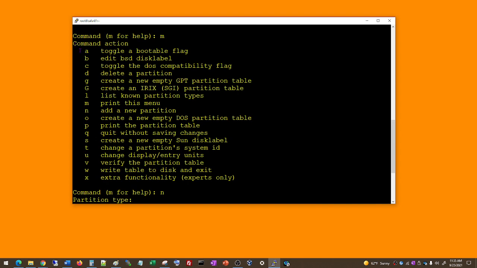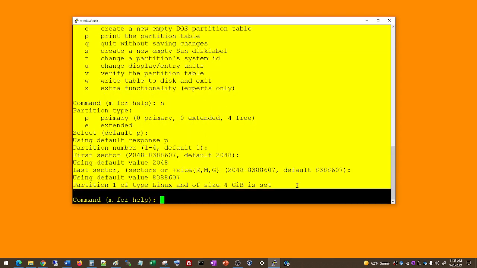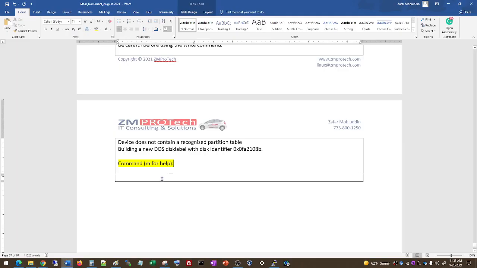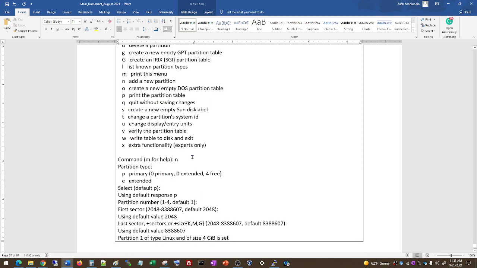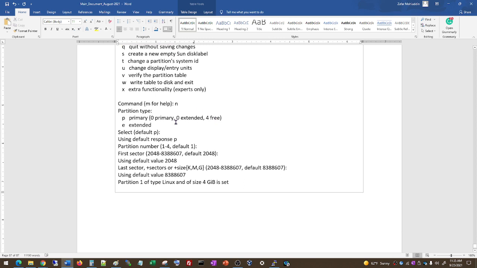And if you want to see if the partition has been created, push P as in puppy and hit enter. That means print partition information. So here we did N as in new partition, and we did N enter, and then over here